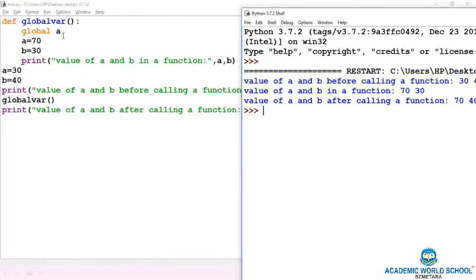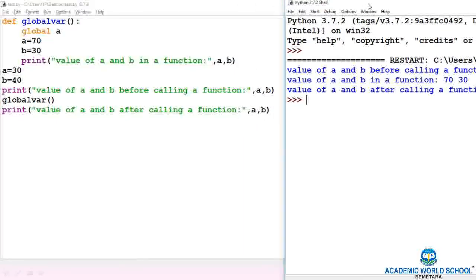Now A is a global variable, A is equal to 70 and B is equal to 30. The values of A and B in the function are 70 and 30. Now understand, after the function is over, print the value of A and B after calling the function.